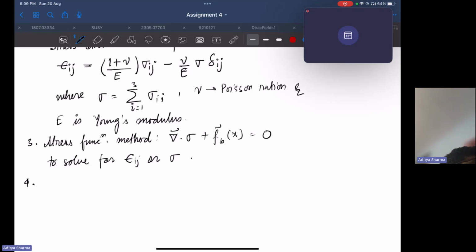After that, we studied some examples of the stress function method, and lastly we studied the strain energy,